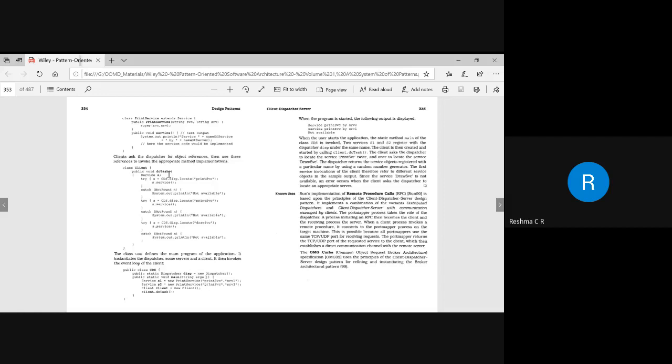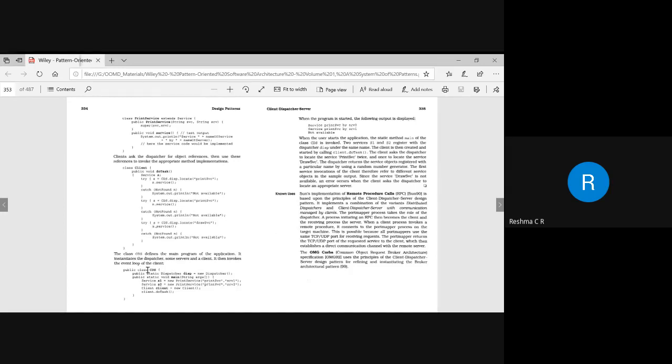For that, before this we need to create a client class. In the client class, we have a do task method, where we are using exception handling. It will identify the client dispatcher system, and it has to locate the print service. Then it will call for the services. It is written in a try block. If this print service is not available, then it has to throw the exception. Similarly, there are various exceptions that have been written here.